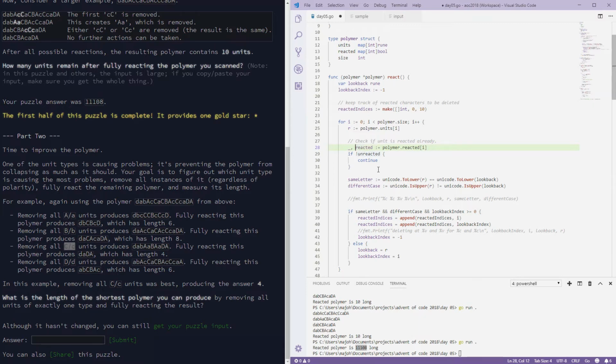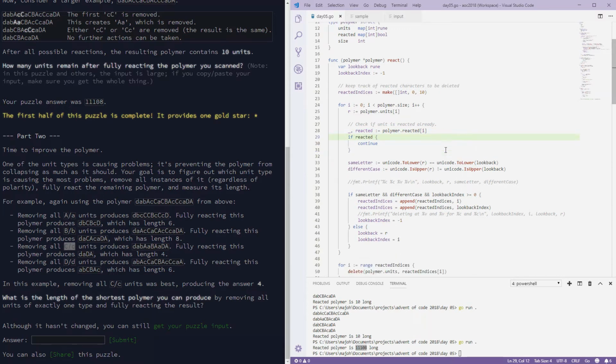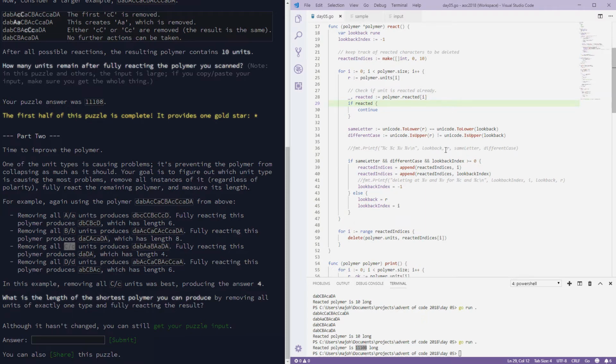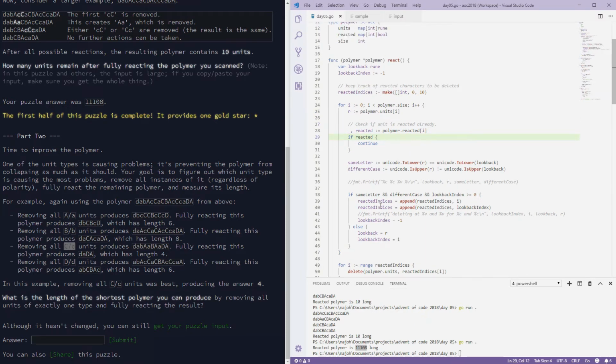So if it's in that list, then it has been reacted. And if it has been reacted, we continue. And now, instead of doing this, to delete something, we instead do